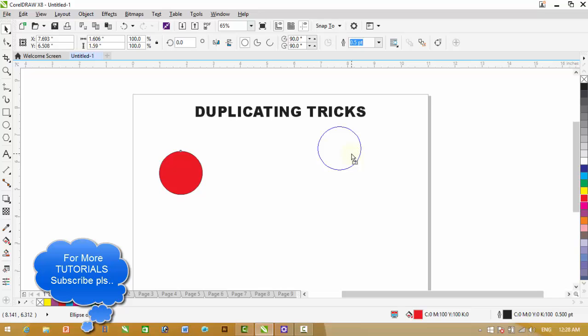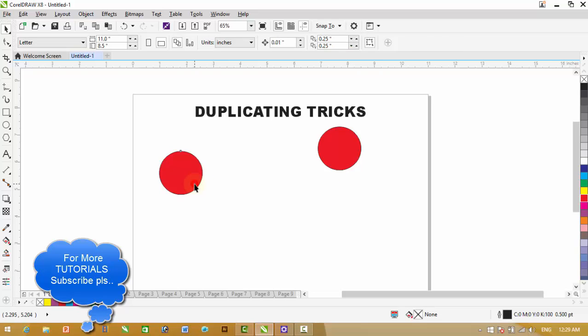It means that a copy is going to be made. Now release both buttons of the mouse at once here, and you can see that we have easily created a copy of this object.